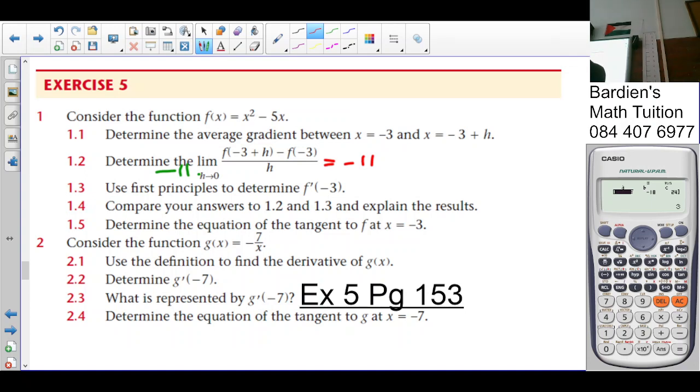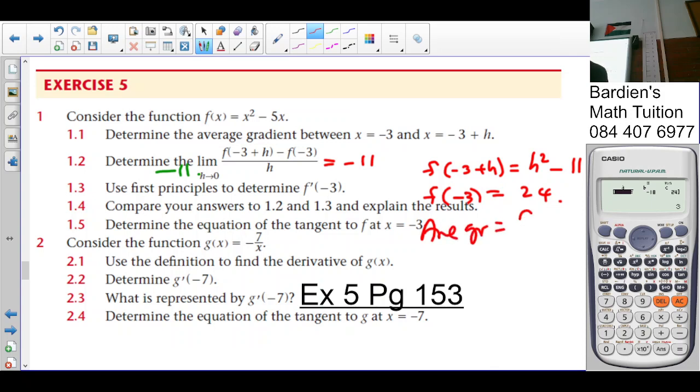So when you do the substitution, f of -3 plus h worked out to be what? h squared minus 11h plus 24. And f of -3 is 24. Not so. So for your average gradient, it's going to be f of b minus f of a